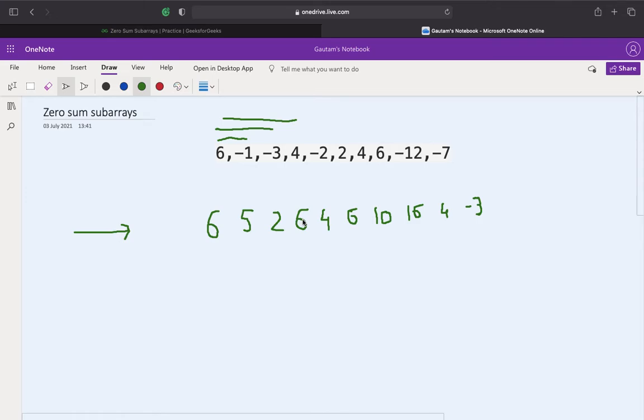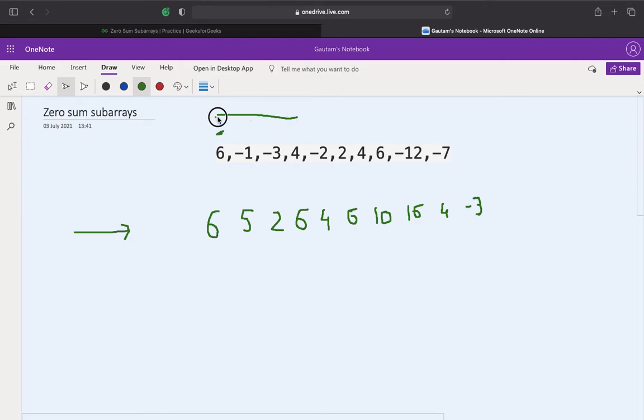So what does repetition mean? For this case, 6, the 0th index element of this prefix is 6. That means the sum of the first element is 6, right? And the third index element of the prefix sum array is again 6, which means the sum of this subarray will also be 6. That is what prefix sum array means: the contiguous sum of elements starting from the 0th index.